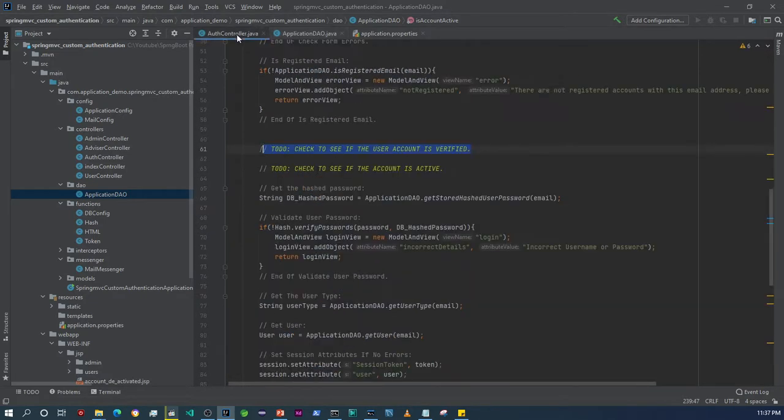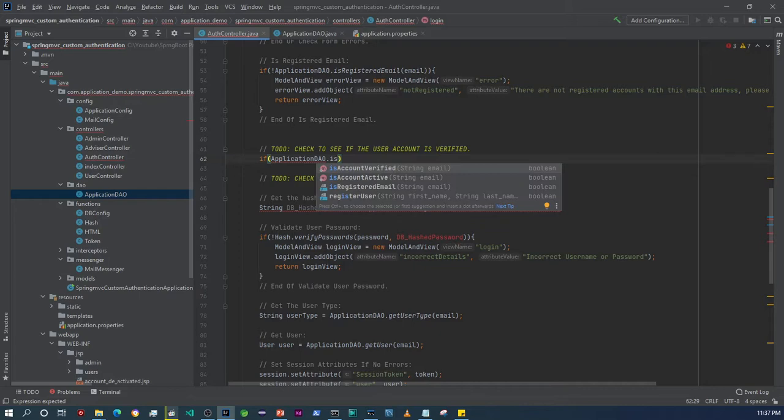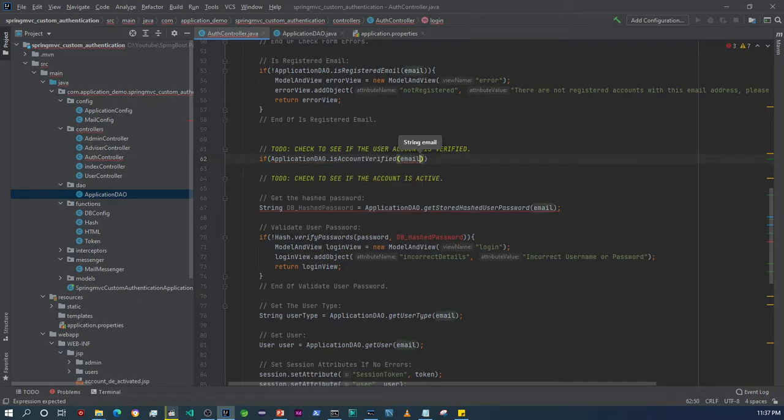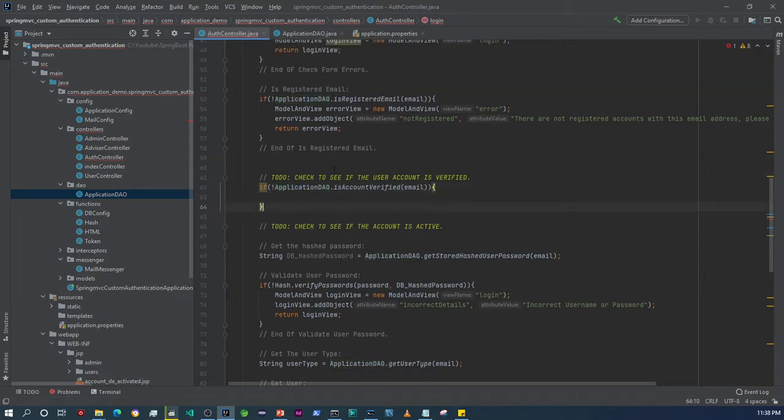All right, so now within our auth application here, the first method we need to check is, and then we pass in that email. By the way, it's returning a Boolean value, so we're basically checking if the account is active or not. So we have to check there. If it's not verified, then within here, we need to set up